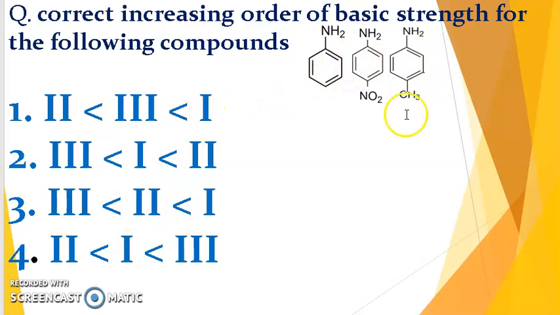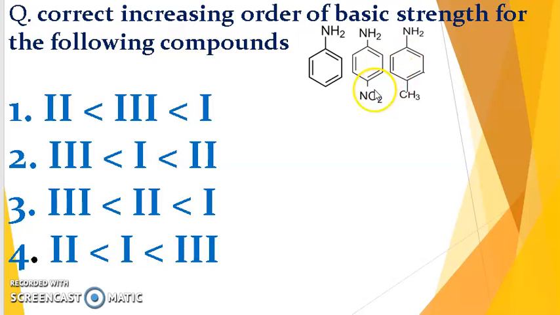So if you see these compounds closely, NO2 and CH3, NH2, these groups are having an R effect, no? Basic strength we can calculate by how the groups are having an R effect. R effect means what? We have studied in the 12th standard, it is a resonance effect, no? Negative resonance and positive resonance effect. That means plus R effect and minus R effect. So what does minus R effect mean?